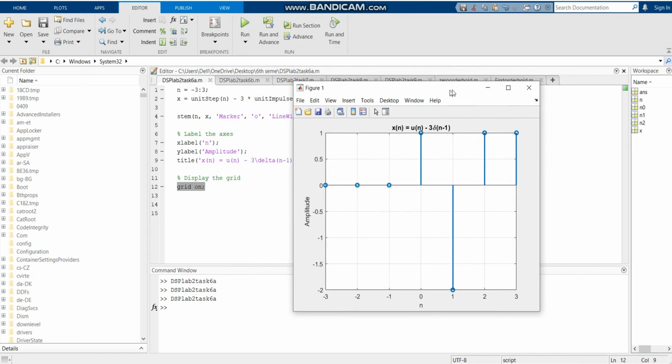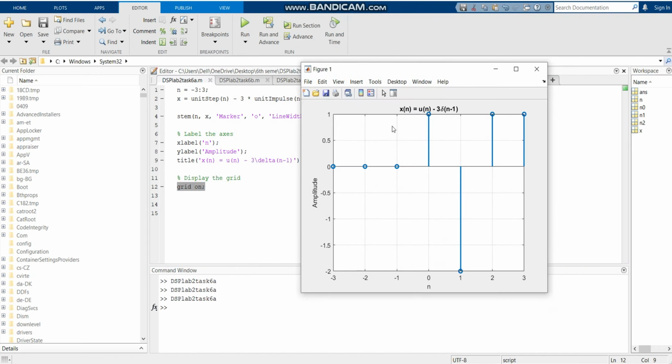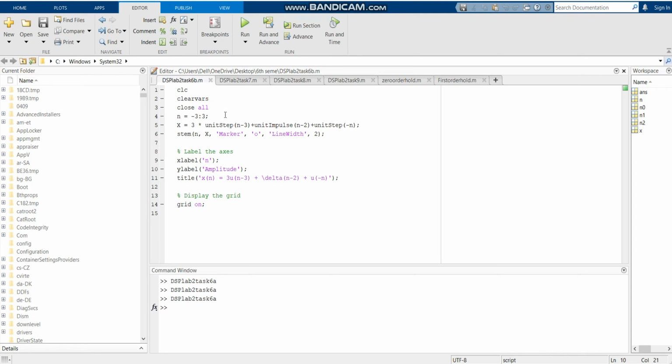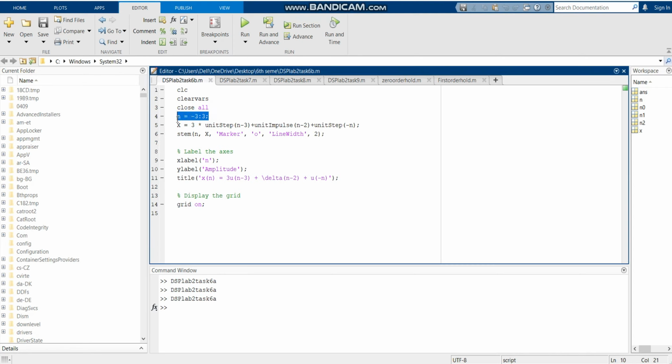Here is the output of this code, which generates a unit step signal minus 3 times a shifted unit impulse signal. Here is the task 6b, which includes the statement n is equal to -3 to 3. It creates an array n representing the discrete indexes from -3 to 3. x is equal to 3 times unit step n minus 3, unit impulse n minus 2, plus unit step of minus n represents the signal statement,